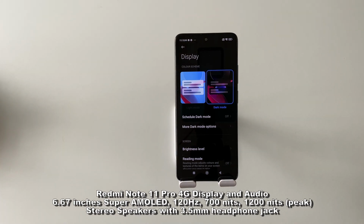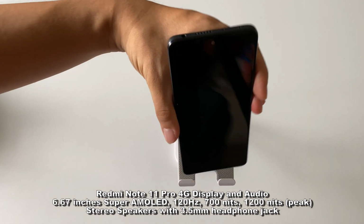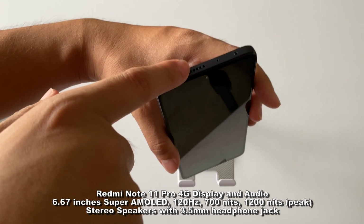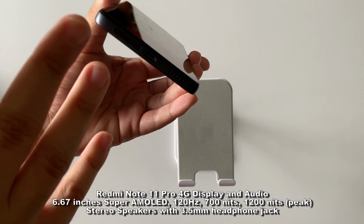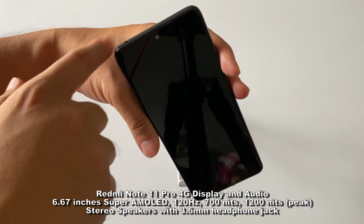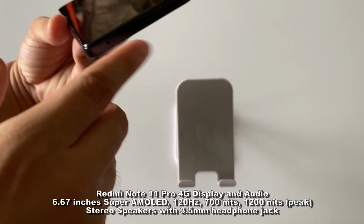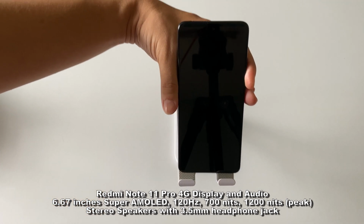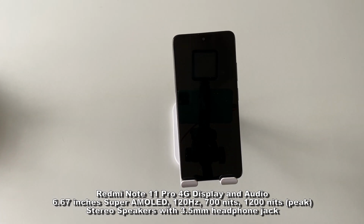is even much better. So moving on to the audio experience, it has dual speakers offering a stereo speaker setup. So you have one here on the top, you can see, and then one at the bottom here. My only main concern is why is one speaker a little bit in the middle bottom, and then the bottom speaker grill is a little bit on the top. So very awkward design, but the audio experience on these speakers here is really quite good and